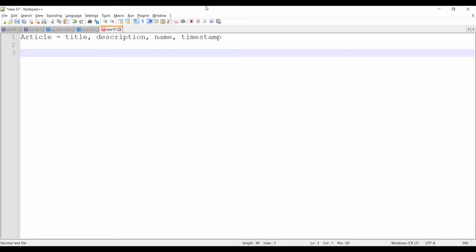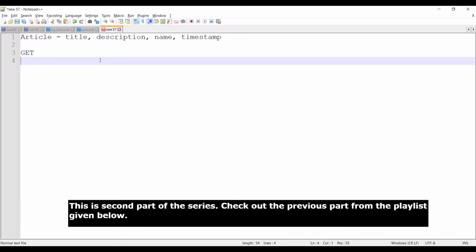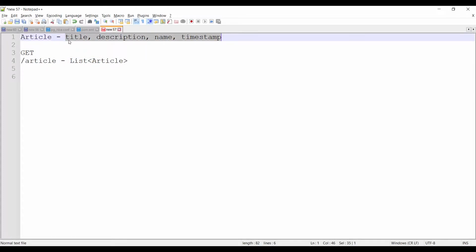So we need some endpoints to create our CRUD operations, typically post, read, delete and update. So we need a get endpoint to get all the articles. So this could be one of the endpoints which returns all the articles. Since we'll be having a bunch of articles, we'll be returning a list of articles. Since we have not defined a key inside this, we'll be adding a key, that is an ID.